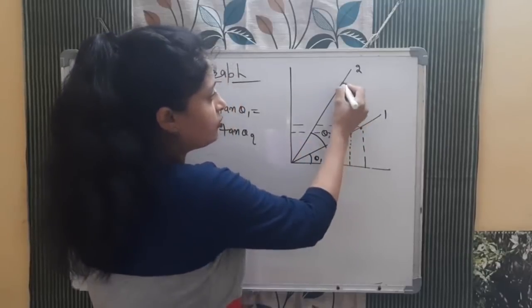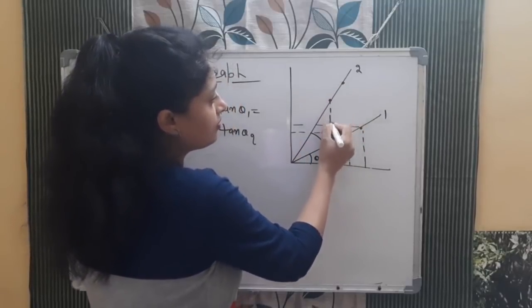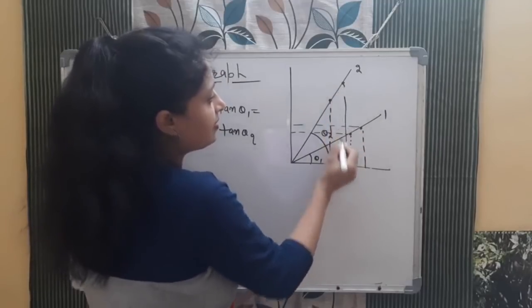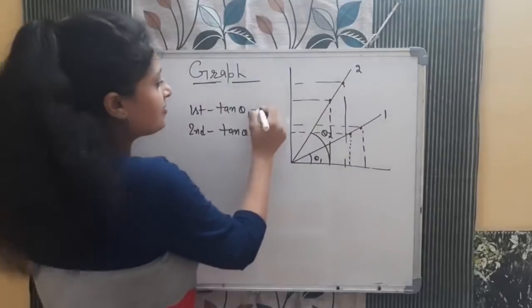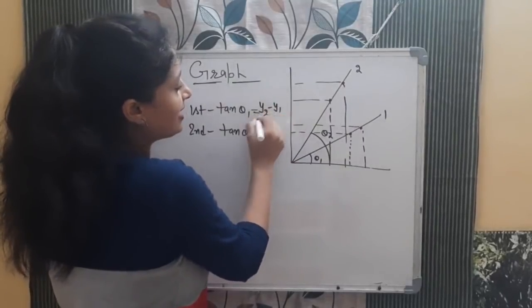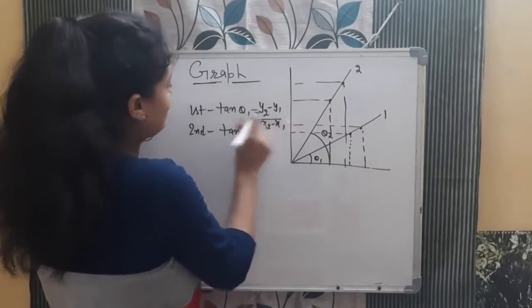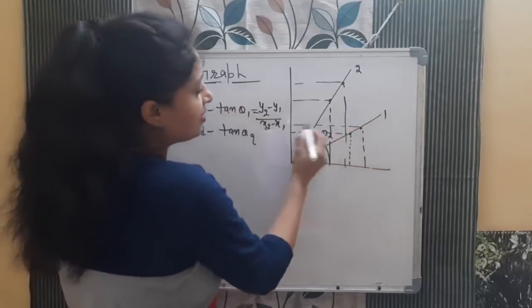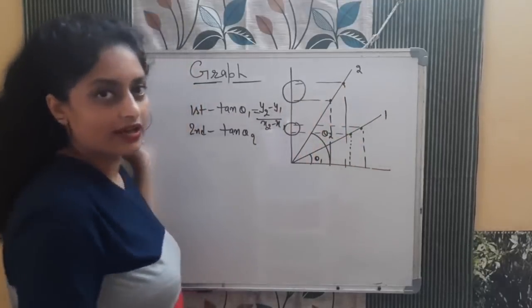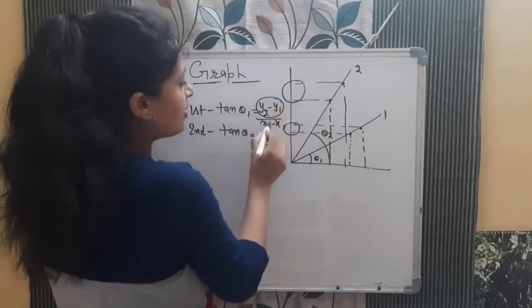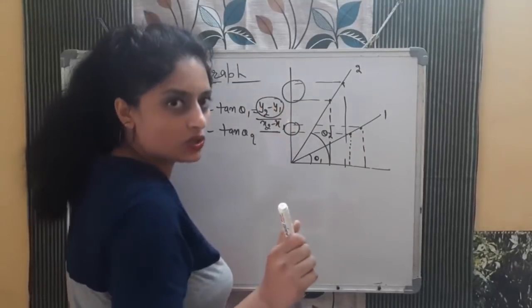Okay. Take any two points here. Draw perpendiculars on the x-axis and the y-axis. Now tell me, beta, the formula is y2 minus y1 divided by x2 minus x1. In the first case, will the value of y be less than the value of y in the second case or not? And when the upper term is lower, the result will also come out low.